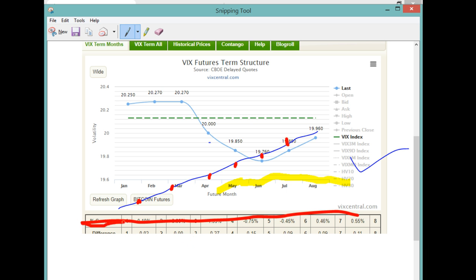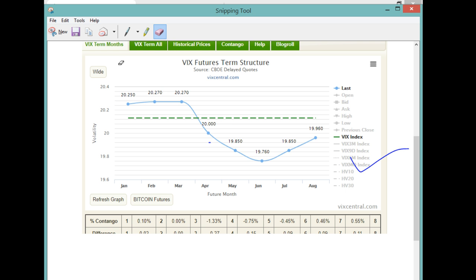This would be the spot here. The blue line would be connecting the dots, which are the different futures, this being like a Jan future, Feb future, and so on and so forth. But right now, we're kind of in a transition state. We were in a state where the opposite was occurring, where spot was way above the futures, and the front month was the highest price, and then the second month was a little lower, third month was a little lower, which is called being in backwardation. But now we're basically flat.